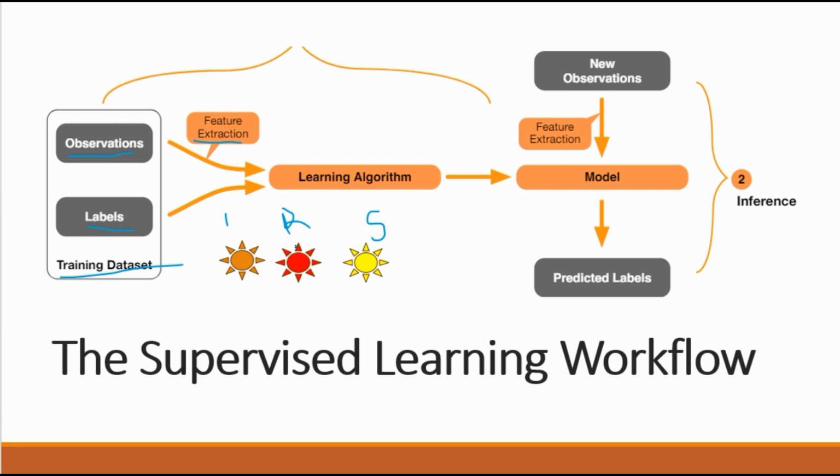One might think, what could be a potential feature? It could be the color of the flower, the height of the flower, the number of leaves and so forth. There might be different features, and you have to think about what could be a good feature, and also what would be a feature that you can obtain from the image data easily. If you have these features and also the labels, you can then train a machine learning